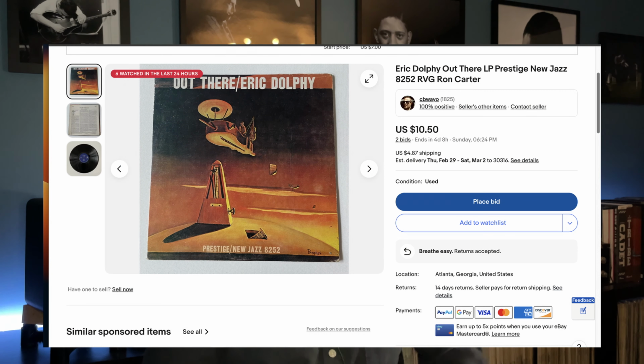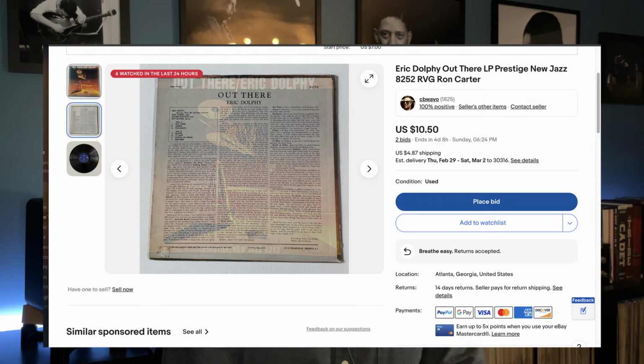All right, so the very first thing that I did, and this is something that you can't automate, you just have to do it, is take all the pictures. Now, generally, for fewer records, I'll take a bunch of pictures of every single title. If you go over to eBay, and I'll throw up an auction here, you'll notice that generally speaking, I took one of the front, one of the back, and one wide shot of the record